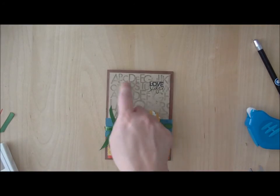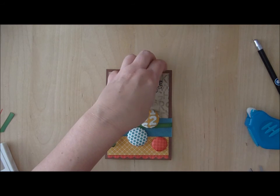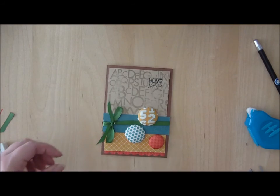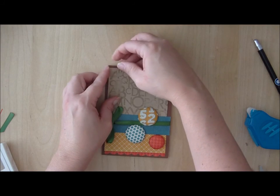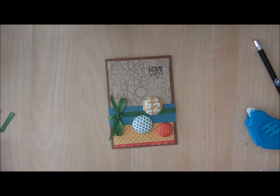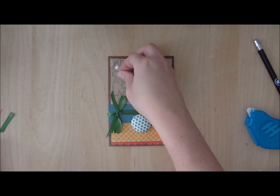Now I'm going to add some photo corners to the top of this. And these are just tan photo corners. I usually have tan, white, and black photo corners for my stamping projects. Now that I've added the photo corners to the top, I'm just going to add some pearl brads just to dress it up, or pearl stickers rather, to kind of dress up the